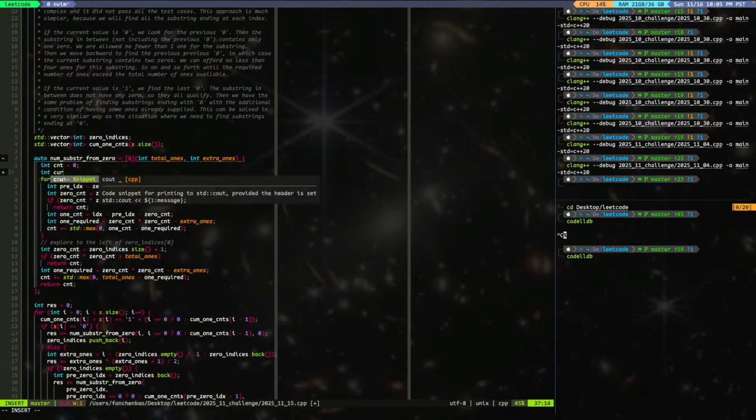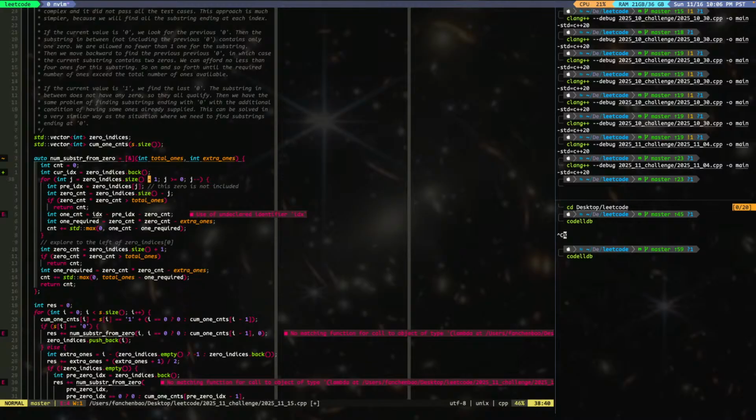So we say current index is going to be 0 indices dot back, and then for this it's going to be minus 2, right? So it's going to be the previous index. This 0 is not included. Yeah, so we're looking for the ones between, and the 0 count is going to be from,